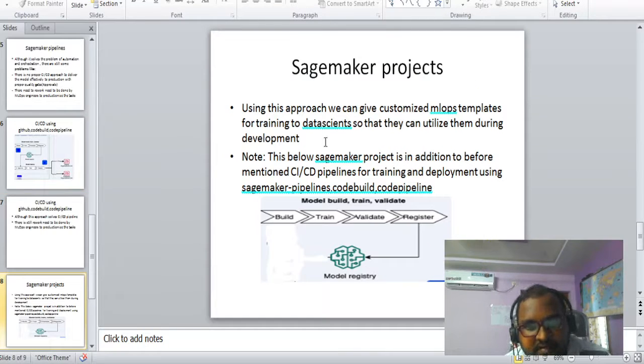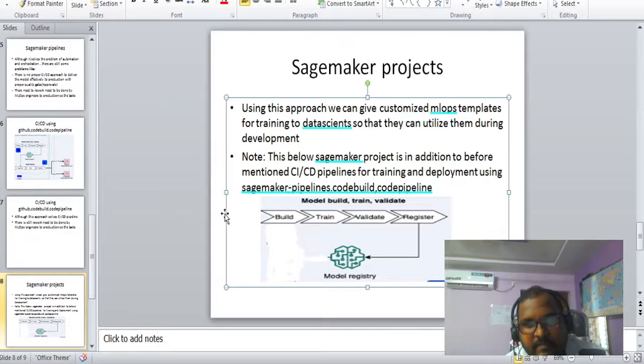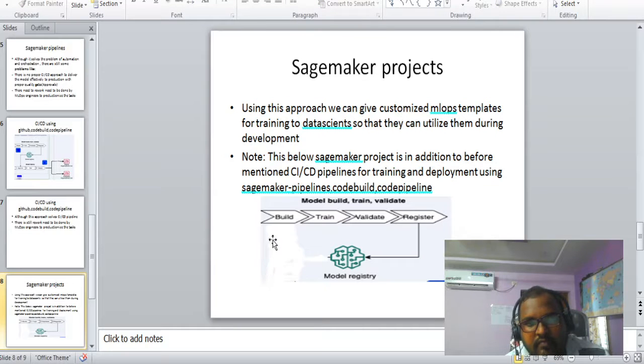That can be done by SageMaker projects, but there are still some limitations. We need to see whether it fits our organization also. What we can do is customize this template, build, train, validate and register model, or just build, train and validate with these SageMaker pipelines.